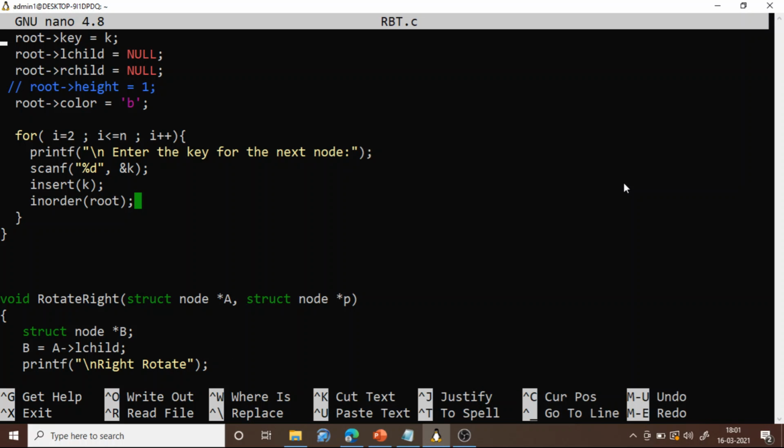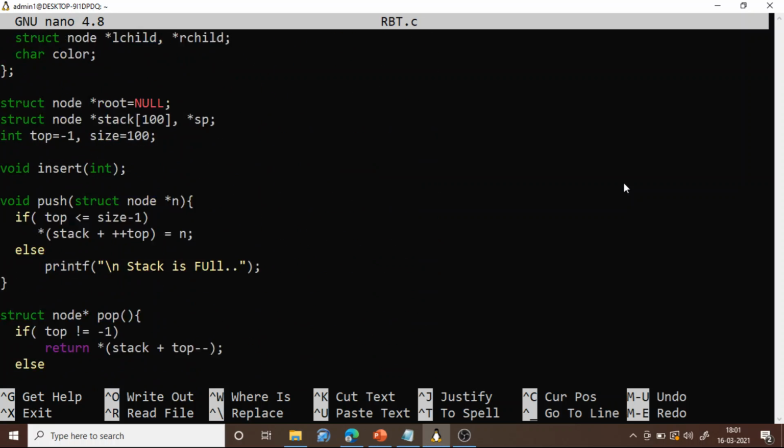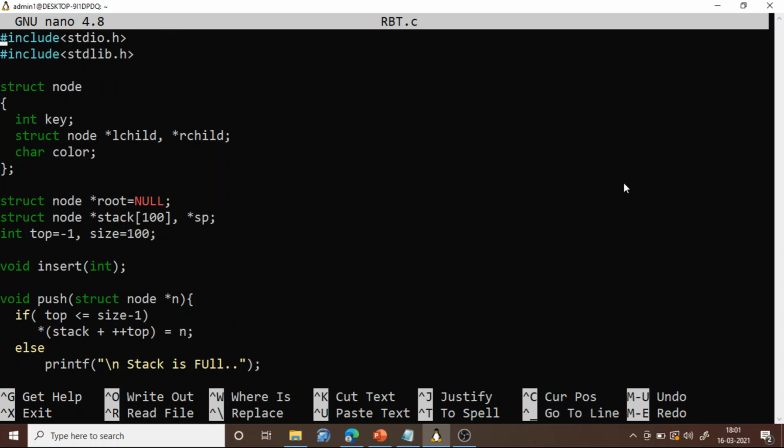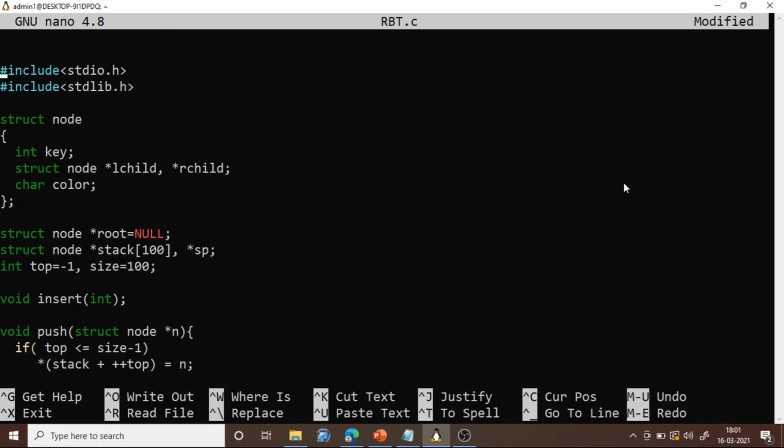Welcome. So the topic we'll be discussing in this lecture is implementing red black trees, right? Last class we discussed red black trees. I think for the past three classes we have been discussing red black trees. We have discussed the introduction to red black trees, inserting a node into a red black tree, and also deletion in a red black tree. Okay.